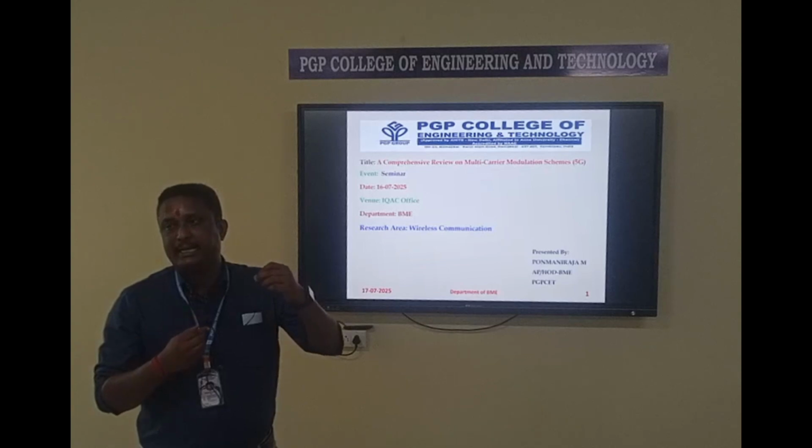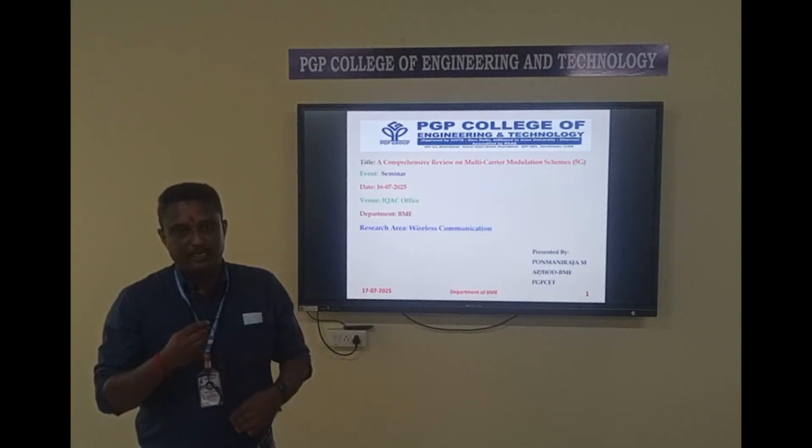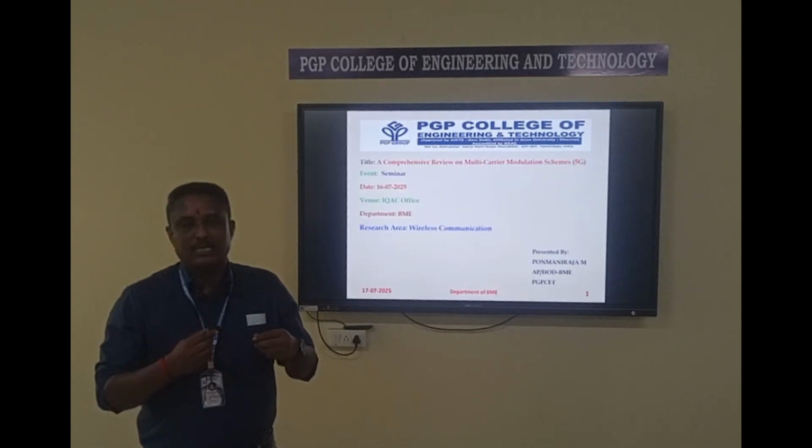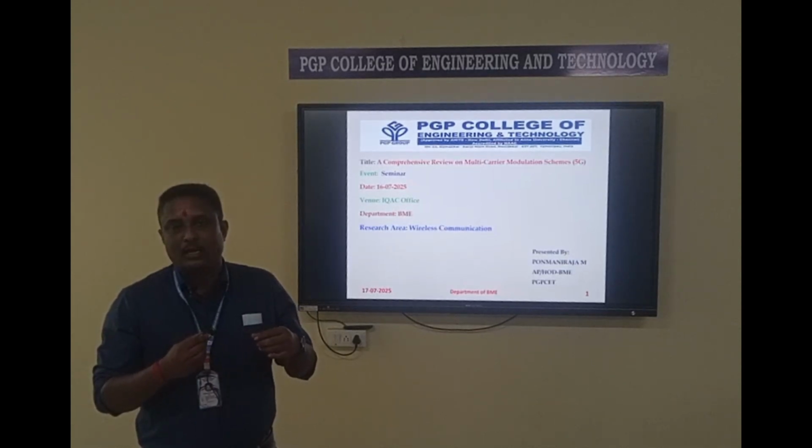Generally, modulation techniques are classified into two basic types, which people in an easy background know very well. So, what is the modulation technique? It's classified into two: one is analog, and the second one is the digital modulation technique. This multi-carrier modulation technique is introduced and enabled for 5G technology.